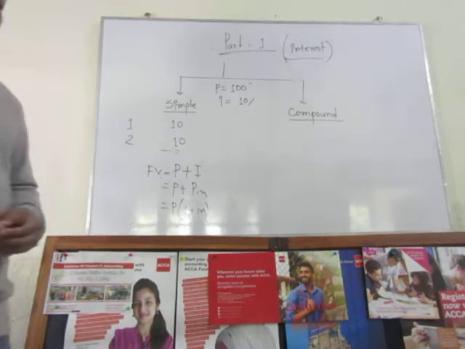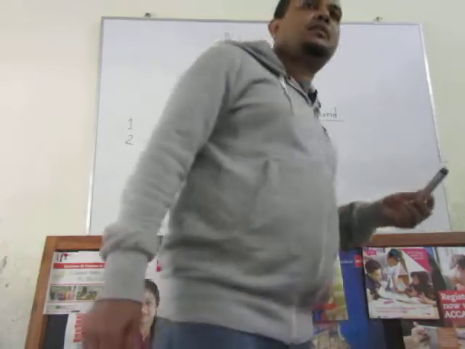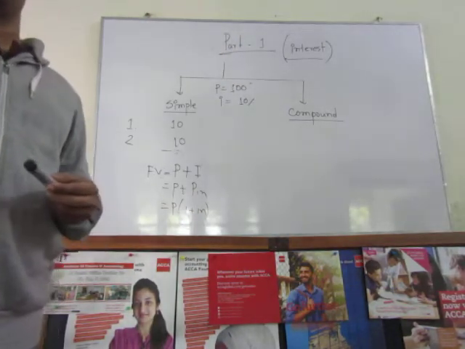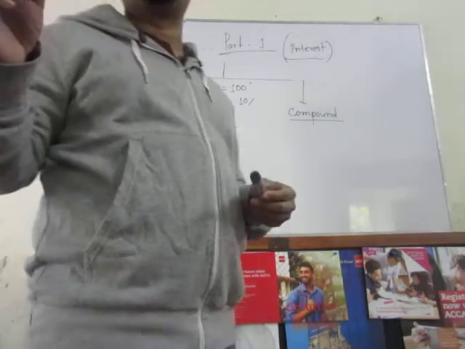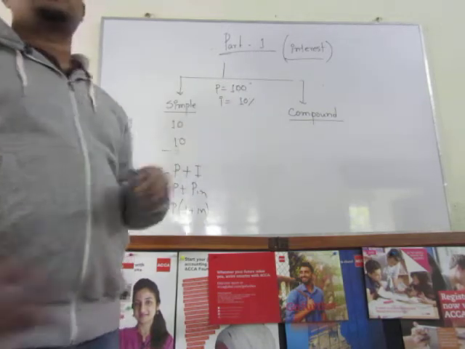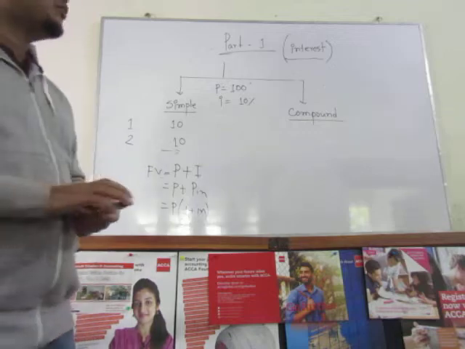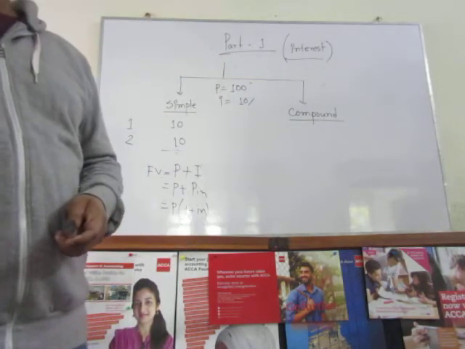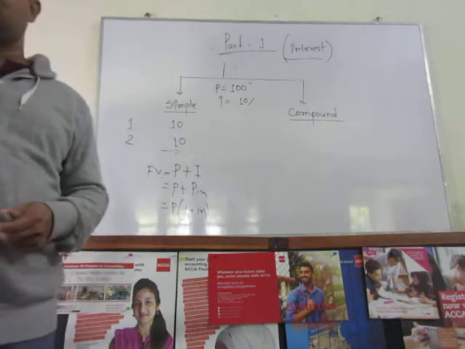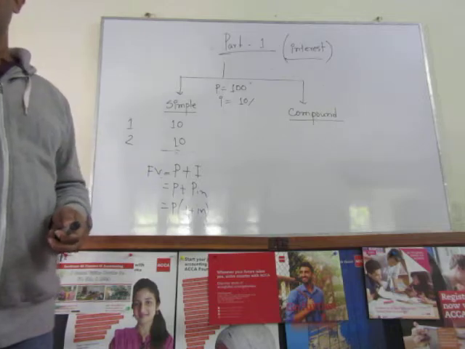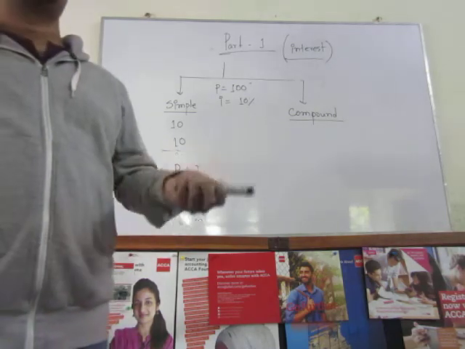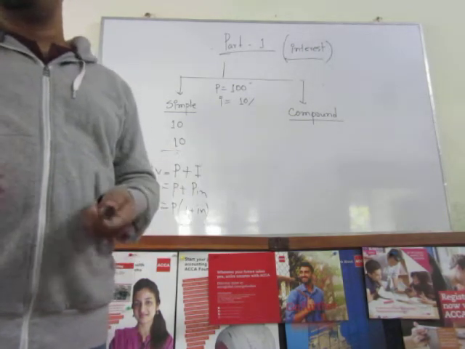Clear? But when you are talking about compound interest, compound means each and every year the interest is compounded. For example, suppose you have invested $100 in an account. The account will provide you 10% interest, 10% interest compounded. These words should be there. But in the case of simple interest, the word compounded will not be there. In the case of compound interest, 10% interest will be compounded annually, semi-annually, quarterly, maybe several terms can be used.